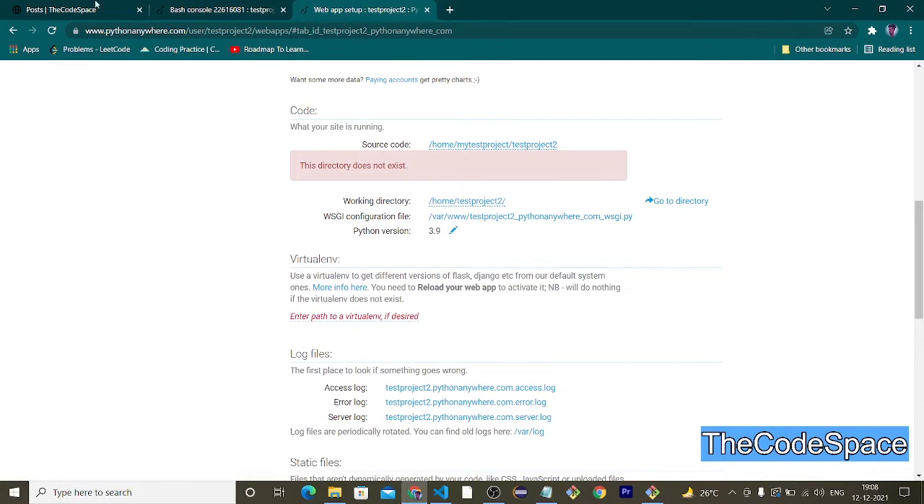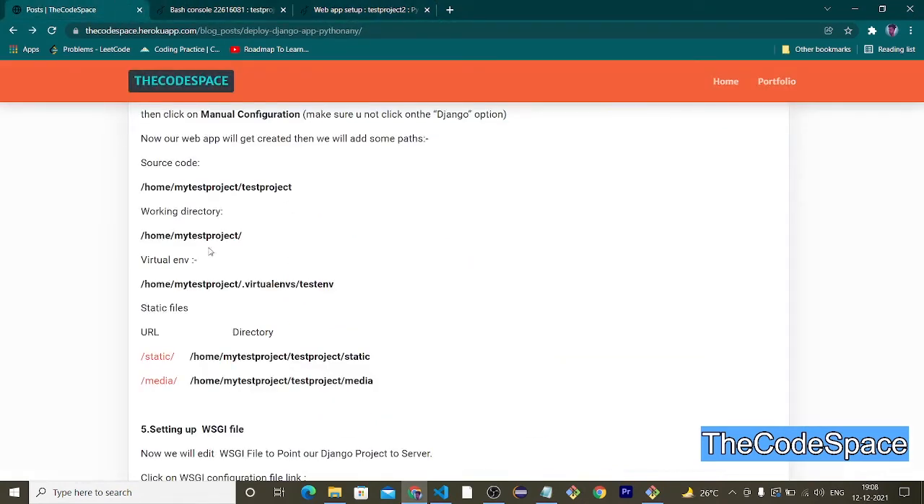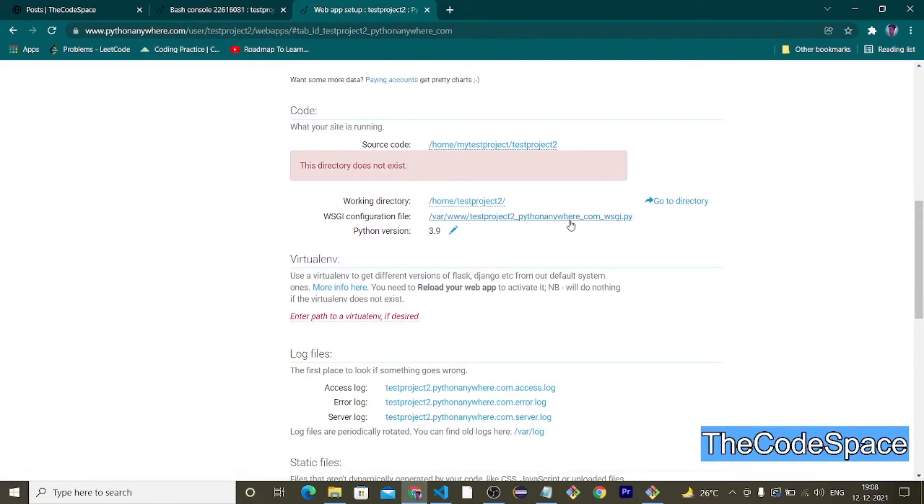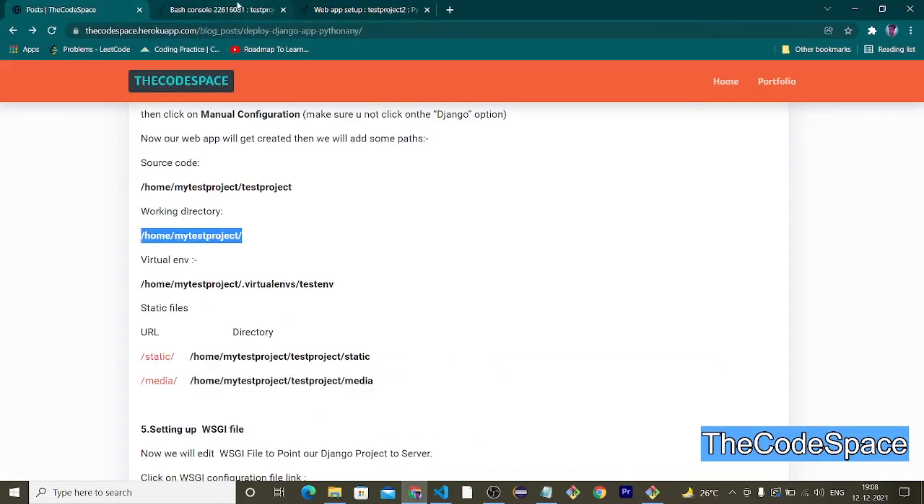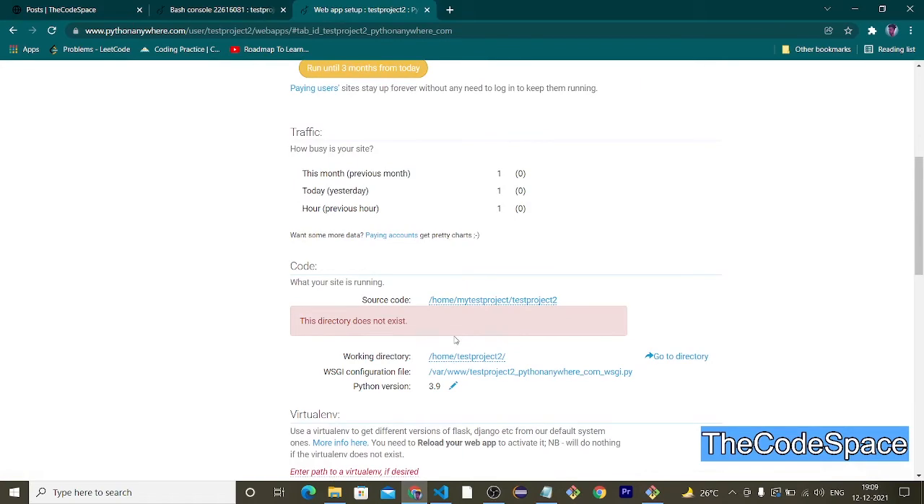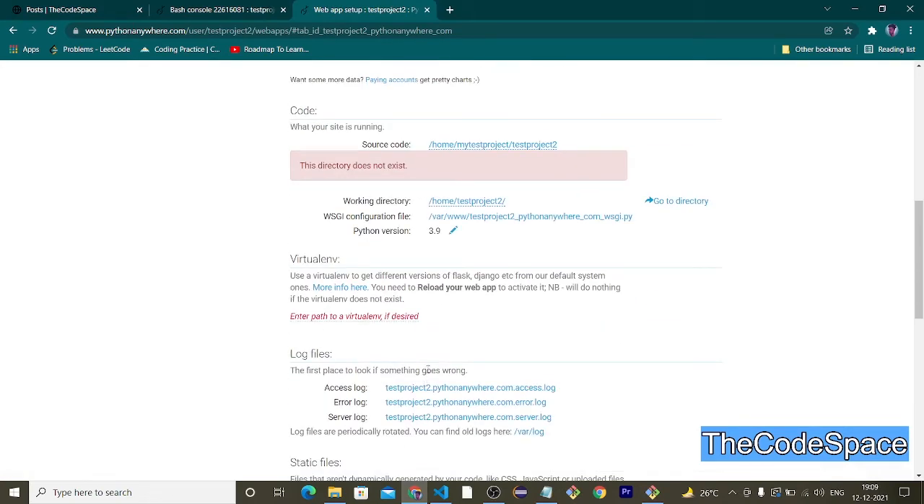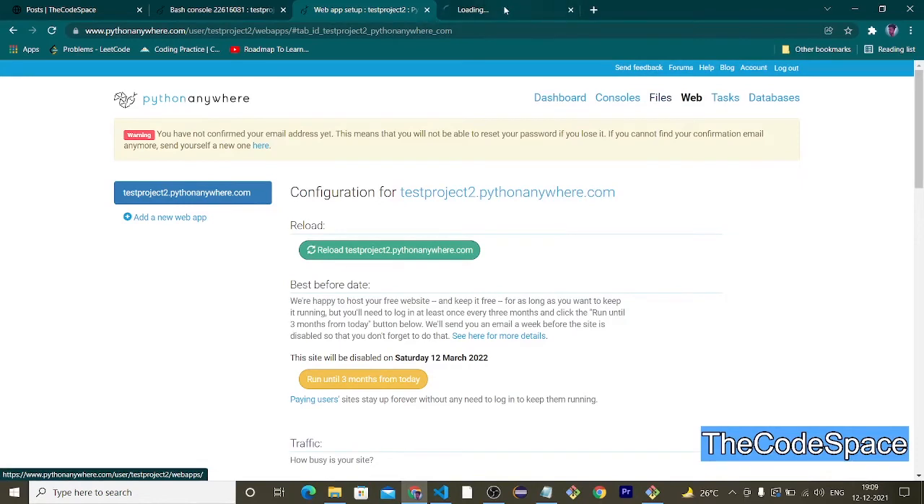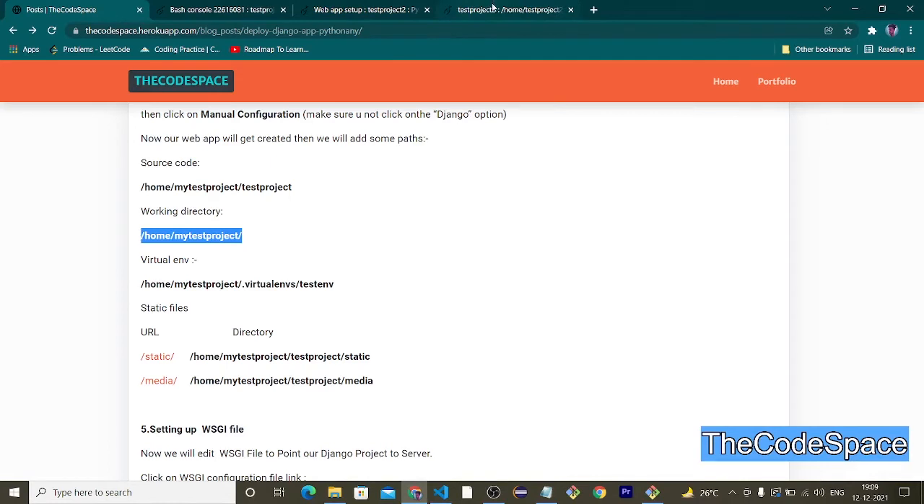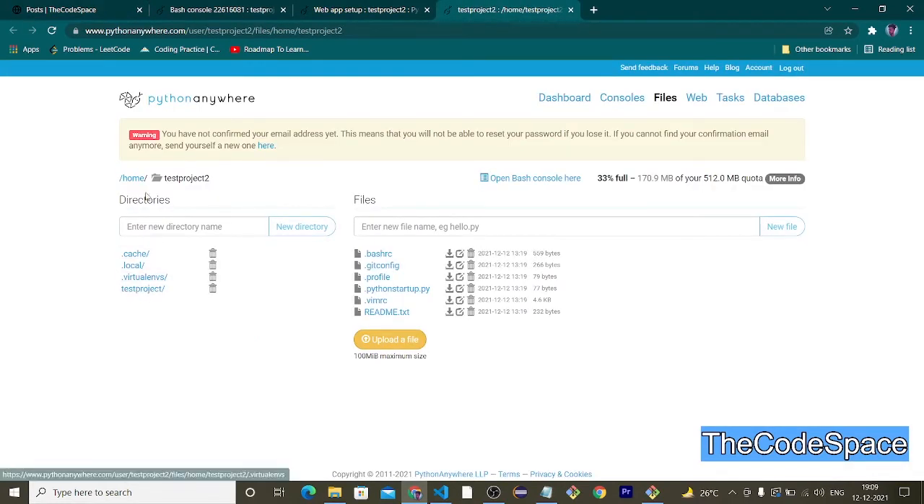Okay, that is fine. Now, yes, the working directory will be home slash test project. Okay, the working directory is already mentioned here. Okay, so now we will add the virtual environment path. So if you want to know why we are pasting this command, if we go in this files tab, okay, so in files, here as you can see, these are our directories. So in virtual environment